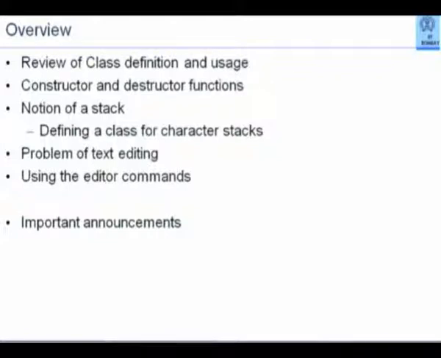For example, when you say gedit a file, what do you see? You see the text of the file on your screen, and then you have a cursor somewhere. You can move the cursor left or right, and at the cursor position you can insert some characters. At the cursor position you can delete some characters. So these are a variety of things that you can do when you do editing.